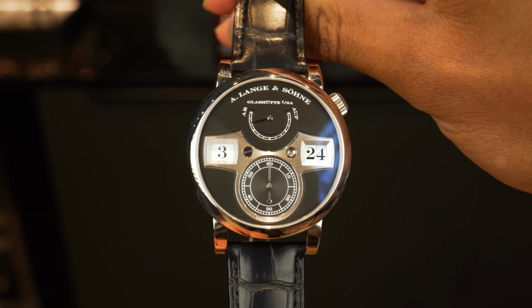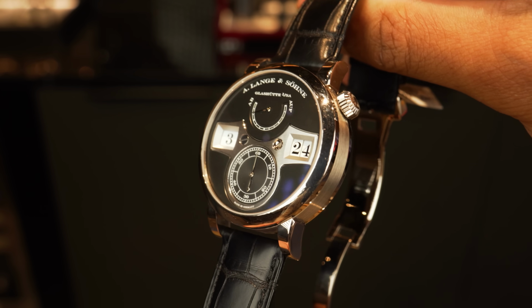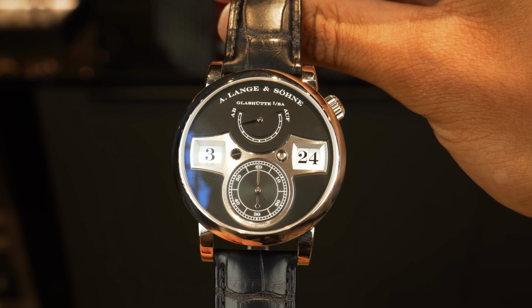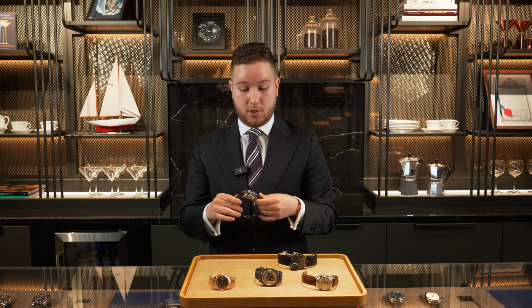To me, if I was to get 3 Lange watches, it would be either a Datograph or 1815 Chronograph. You'd have to get a Zeitwerk and you'd have to get a Lange 1. Those are the 3 pillars of A. Lange & Söhne. And to me, those are 3 of the best design watches, best contemporary watches. And without question, I think the Zeitwerk has a very strong argument of being the best out of those 3. So yeah,